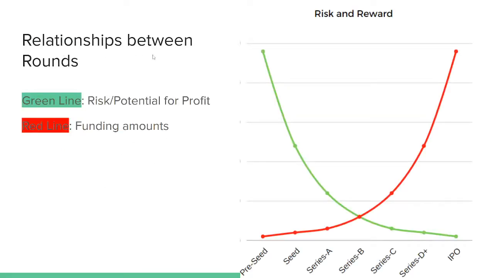So this is the relationship between the funding rounds. The green line I wrote is very rudimentary, so take it with a grain of salt. This is just typically how I view the relationship. The green line here represents the potential and the risk for profit. If you notice here, pre-seed is the highest risk, but also the highest potential profit, right? But they also don't raise that much funding. So these are inverse of each other, because as you get into IPO, you're going to be raising a lot more money, but the firms aren't going to be making as much in profit from flipping their shares.